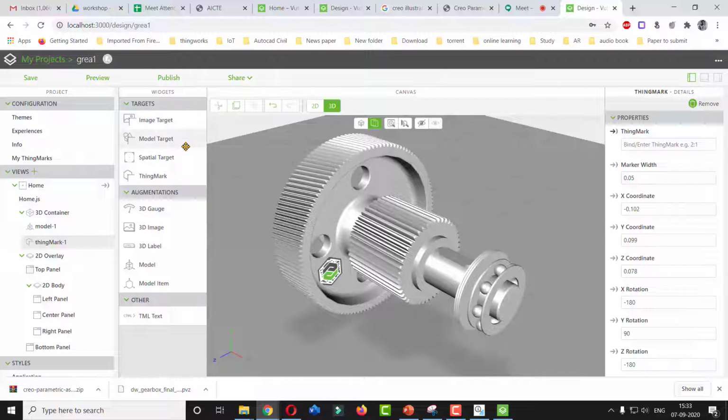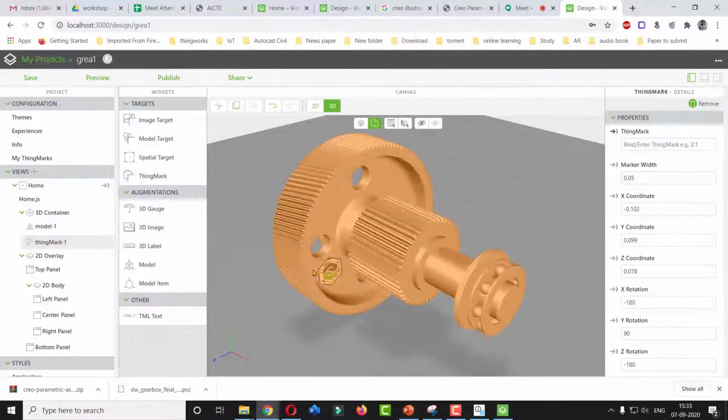Then in model target it will be a 3D image, and in spatial target you are going to select any surface where you want to place this particular model. So spatial target will just create one link to know which object is to be downloaded from the cloud, and you can put that particular model in augmented form on any surface. Okay, right now we are going to use the thing mark.